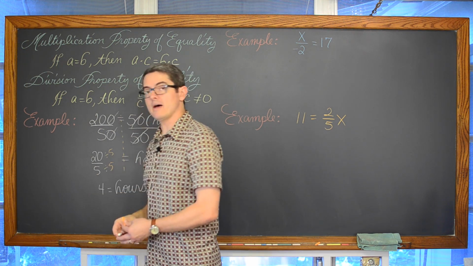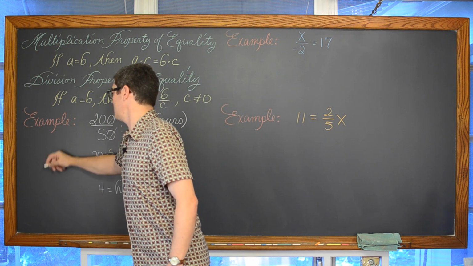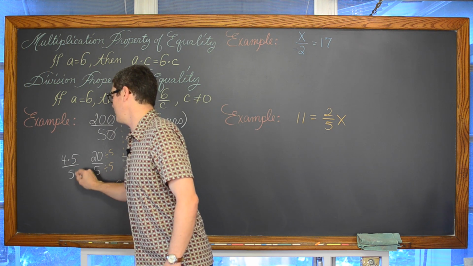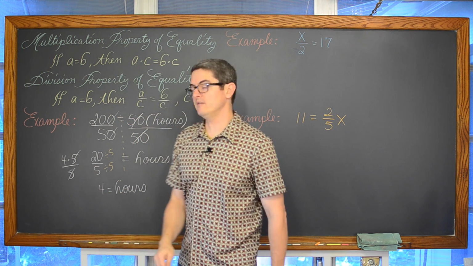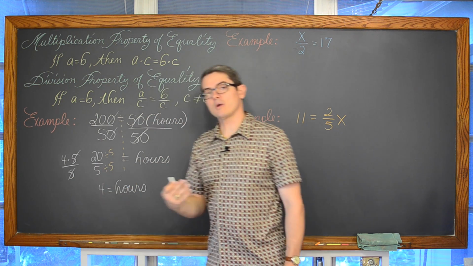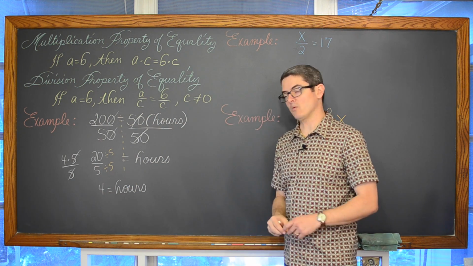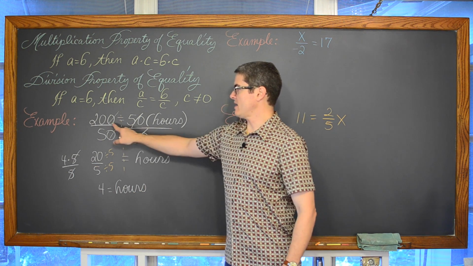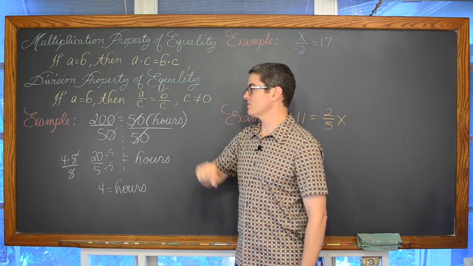Or I could write that as 20 is equal to 4 times 5 over 5, and show that division of 5. Again, anything divided by itself is equal to 1, and that's another way of showing the reduction until you get down to 4 hours. So it is going to take you 4 hours to travel 200 miles if you are traveling at 50 miles